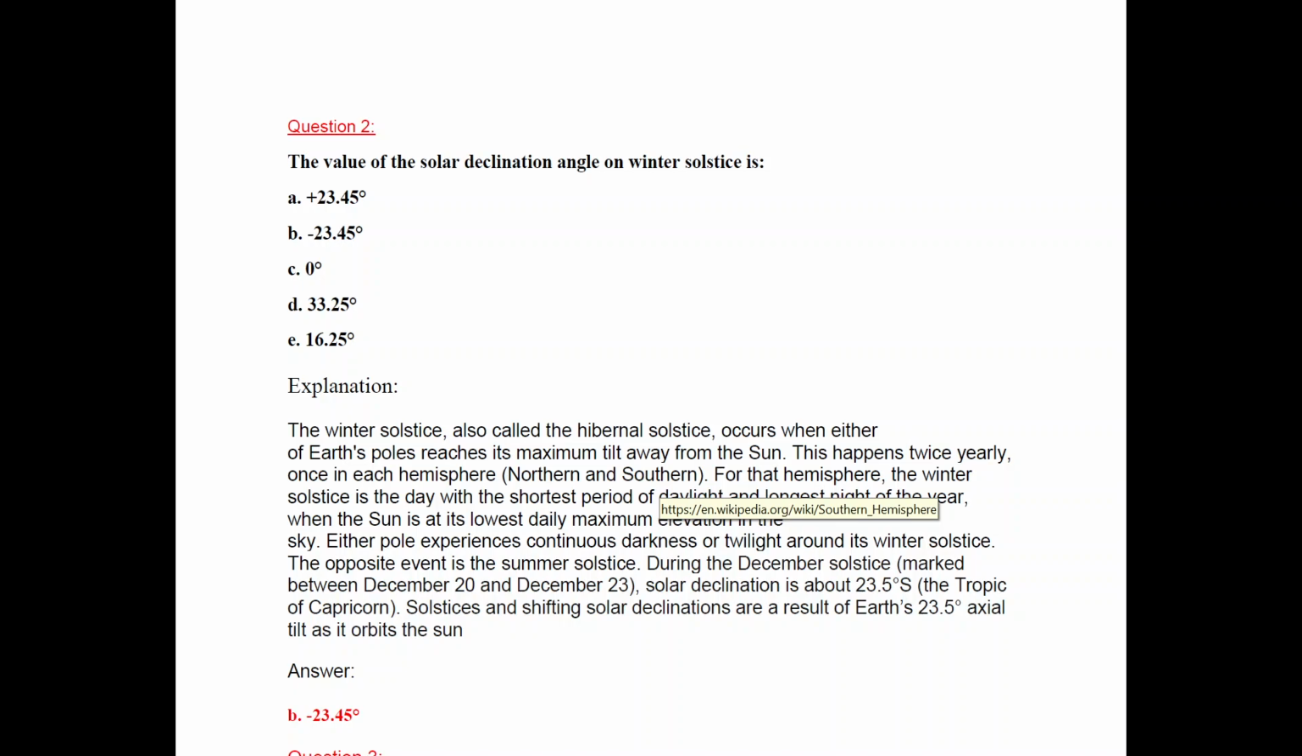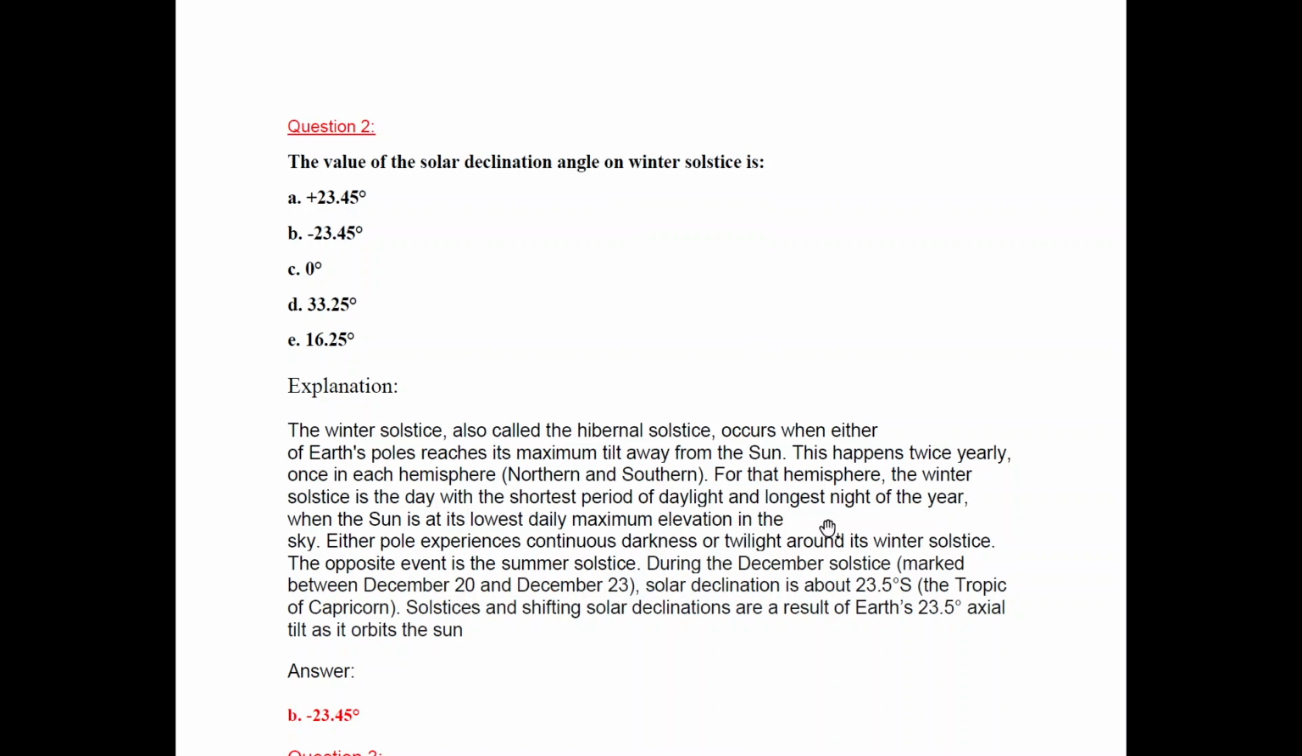That is, it is away from the sun. That is a very frozen region, and when it is away from the sun, it will be more cold. This happens twice in a year in each hemisphere, one at the northern side, one at the southern side. For that hemisphere, the winter solstice is a day which the